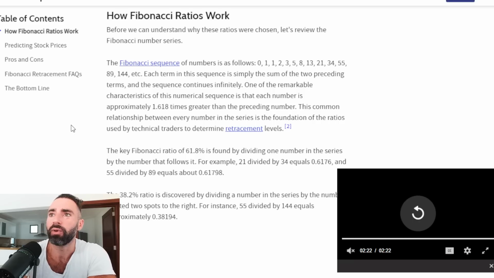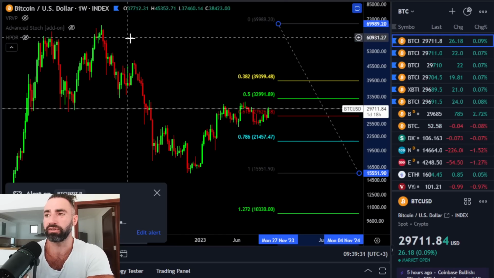Why Fibonacci? Well, for why Fibonacci, we can just go into the